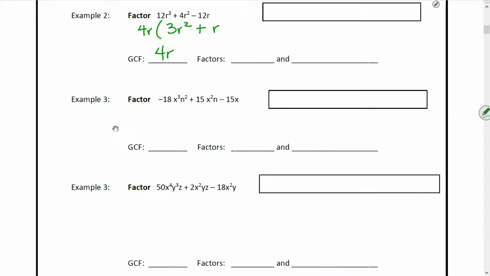Okay, the last term, 4r times what is negative 12r? Well, I have that negative sign, so I've got to have a minus here, so I get a negative. Let's see here, 4 times what is 12, and 4 times 3 is 12. Okay, and then r times what is r? Well, I don't need an r there because I already have an r. So 4r times negative 3 is negative 12r. Yep, that's right. So the factors are 4r and